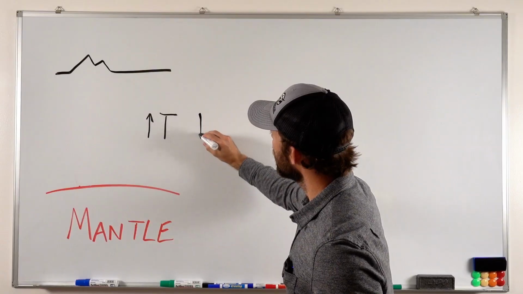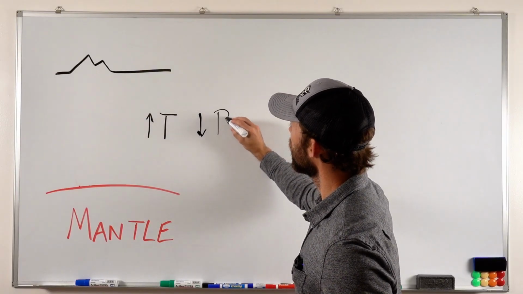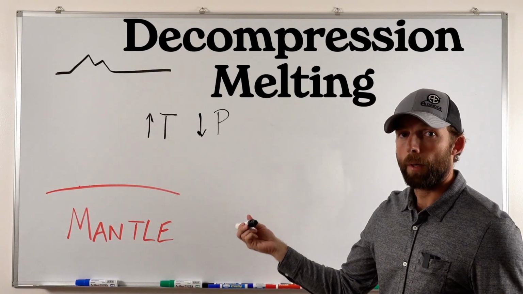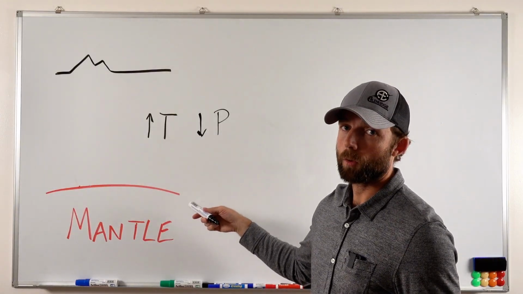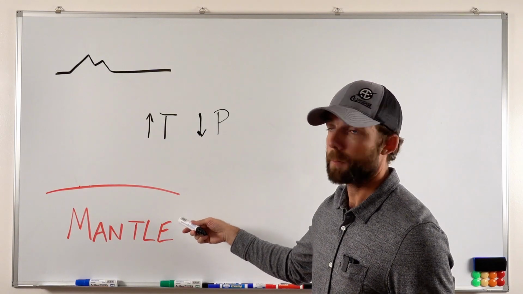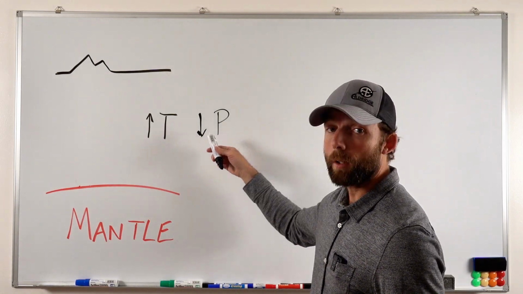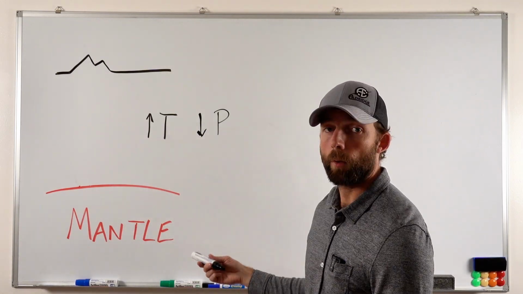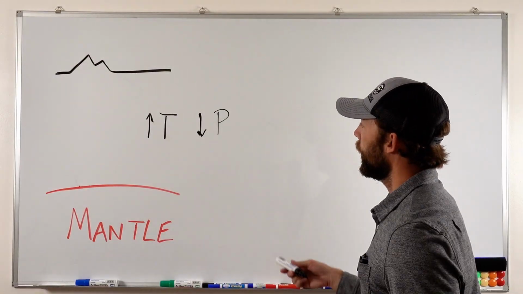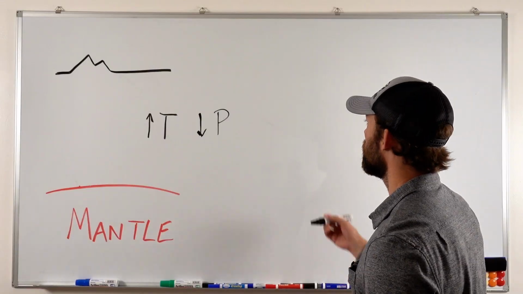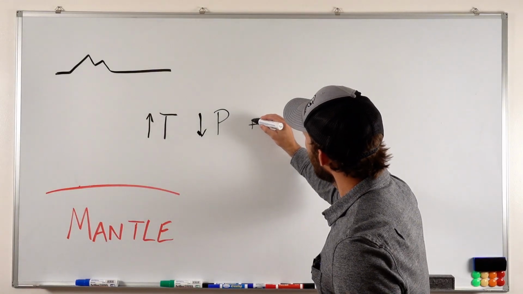Or you can decrease the pressure. This is called decompression melting. The immense pressure underground is what is preventing this extremely hot rock from being liquid in the first place. But if that pressure decreases, suddenly there's nothing holding back this extremely hot rock from becoming molten. And the third kind of weird thing that you can do is you can add